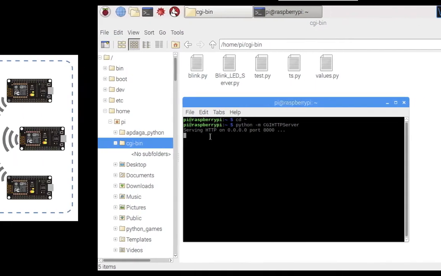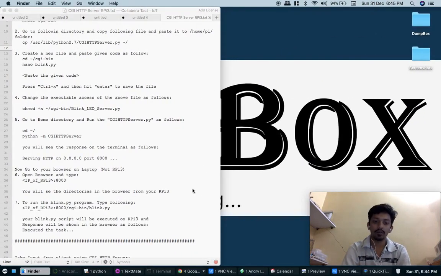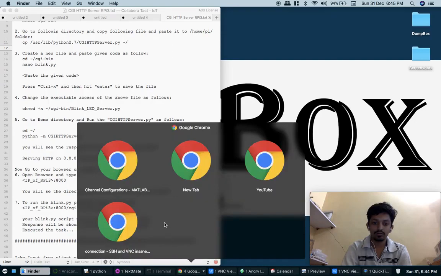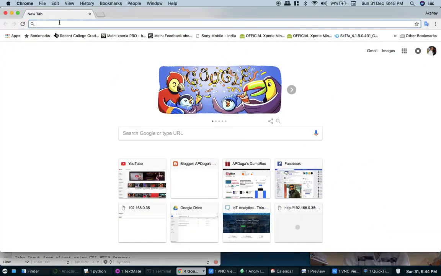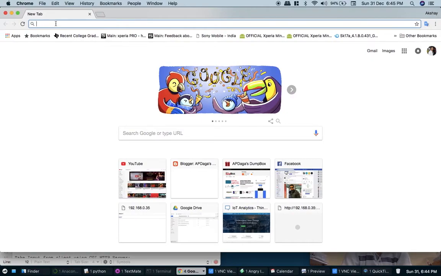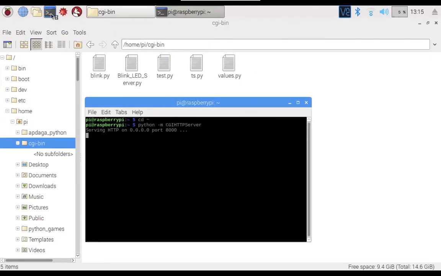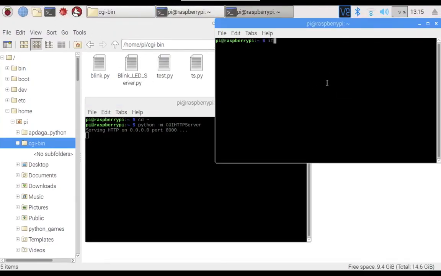We will check how we can access these files. Now we'll go to our laptop, open a browser and type whatever IP is assigned to the Pi. For that we will open one more terminal and type ifconfig.